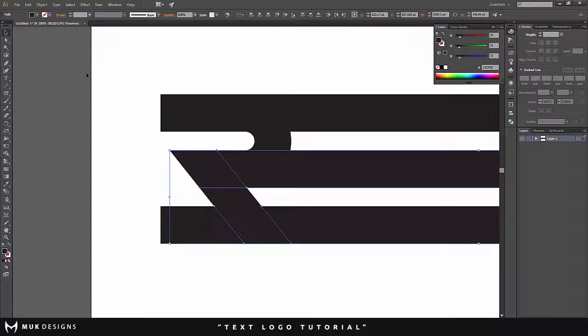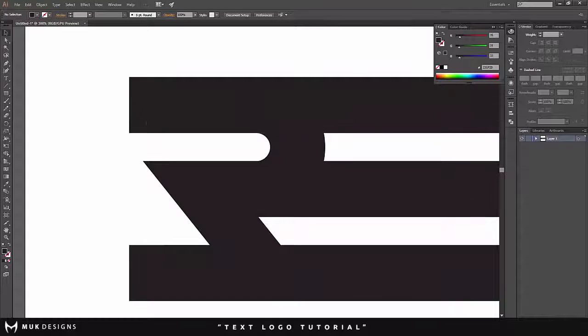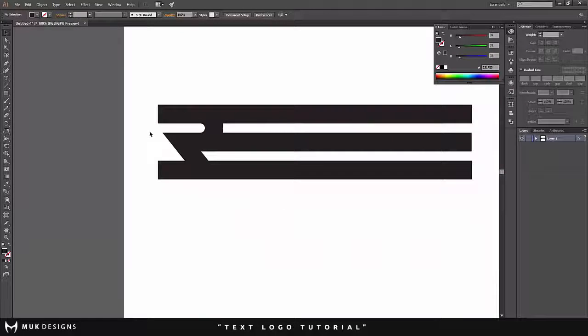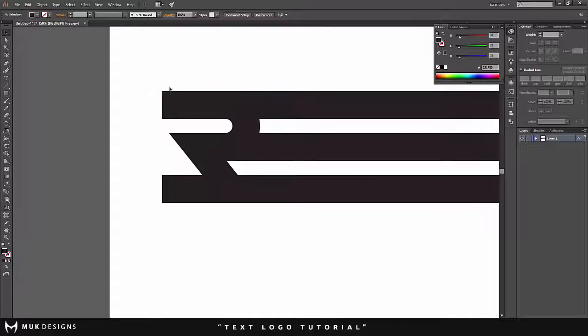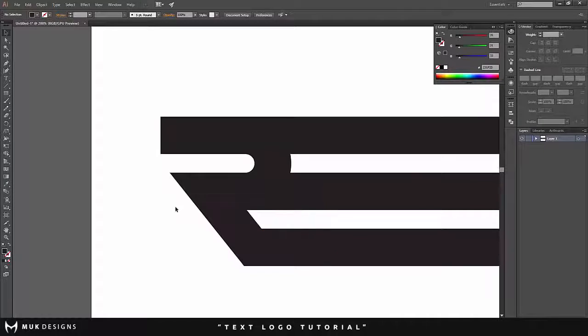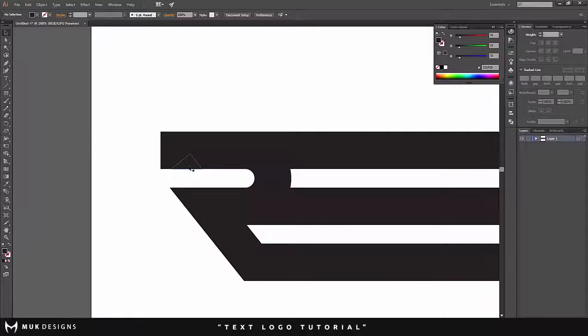Now the reason I'm doing this in Adobe Illustrator is because Photoshop is decent, but doesn't get everything done correctly. It has no vectors, so I highly suggest you work in Adobe Illustrator if you want the best results, but I mean, it's up to you guys. But it takes a lot less effort to do it in Adobe Illustrator as the final product. So yeah,